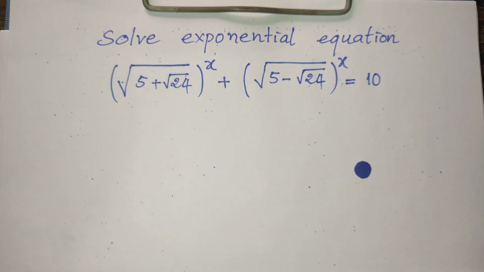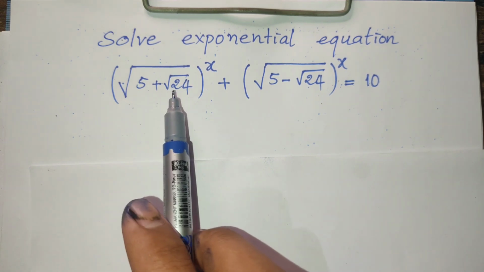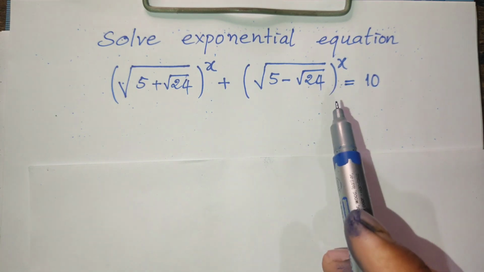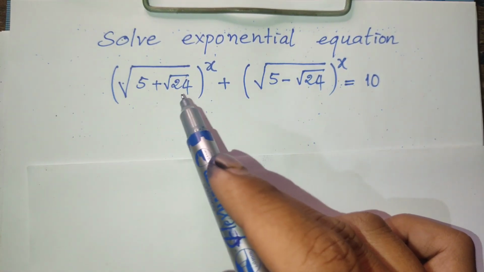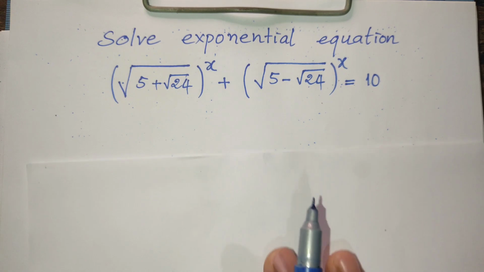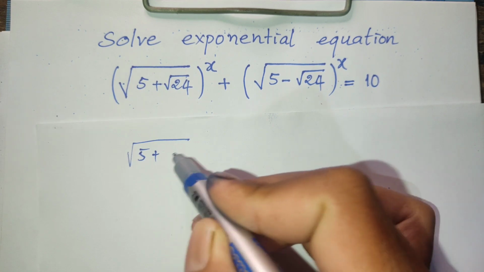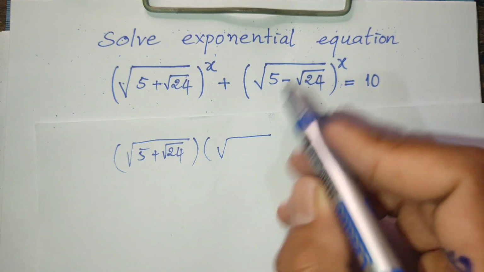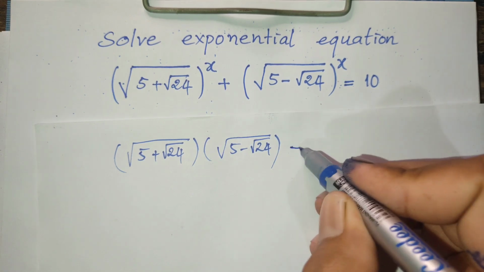Okay, to solve this equation, you must know this. Now this is square root of 5 plus square root of 24, and this is square root of 5 minus square root of 24. We multiply the bases of this equation. If I write square root of 5 plus square root of 24 and multiply it by square root of 5 minus square root of 24, it is equal to